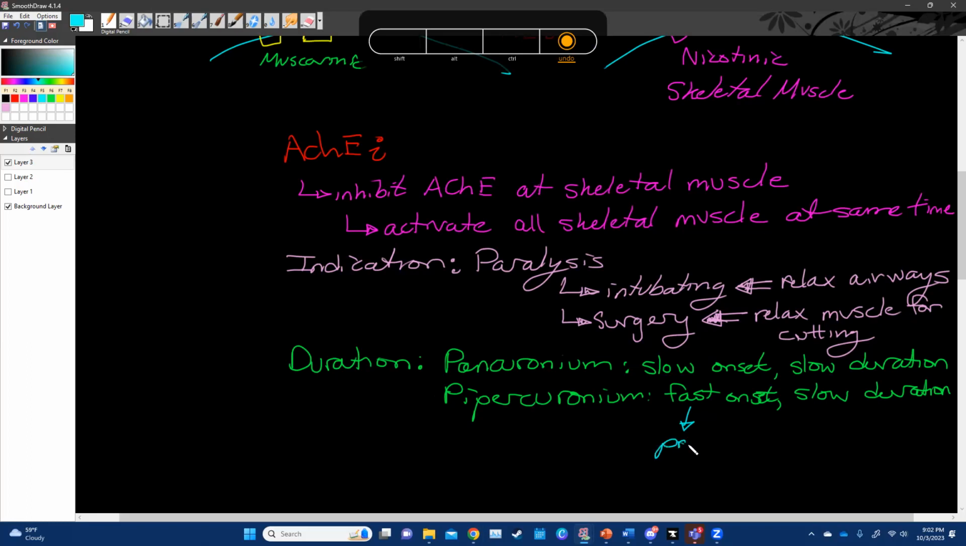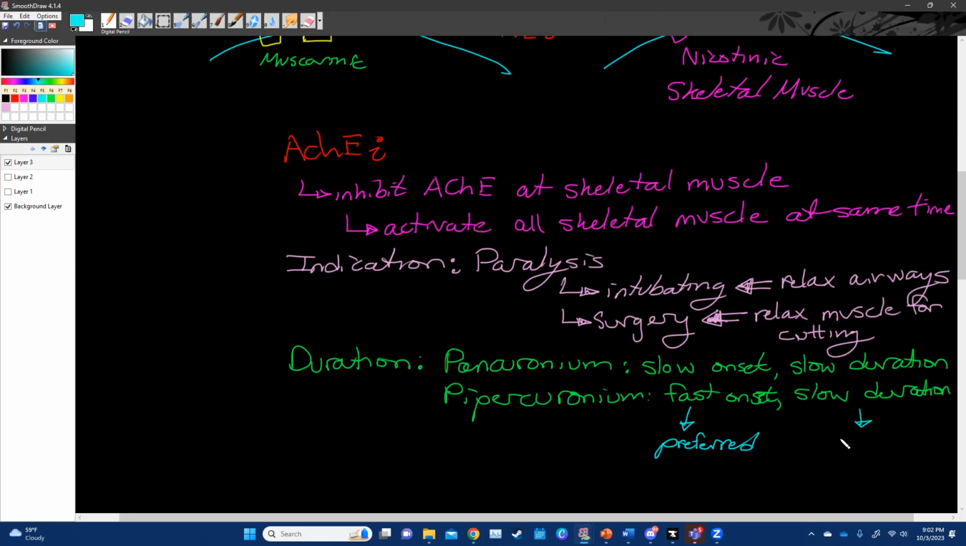Do we want a slow duration or a fast duration? Slow. We would want slow, right? The reason is because it's going to last longer. Now, Sarah makes a good point, right? That we're going to